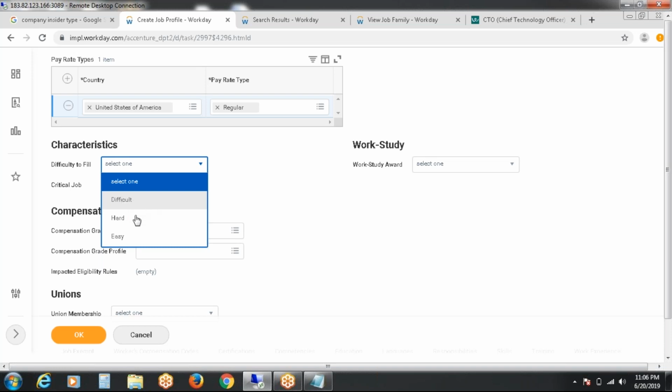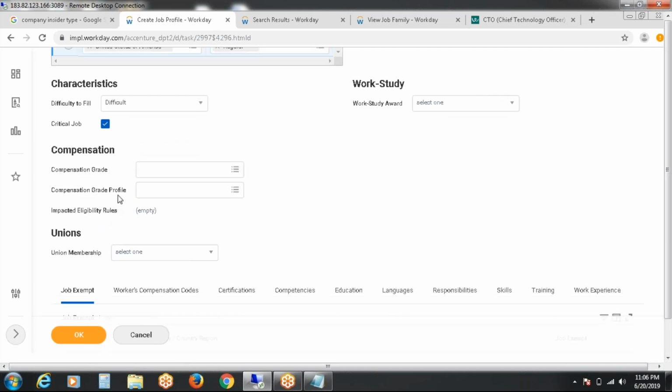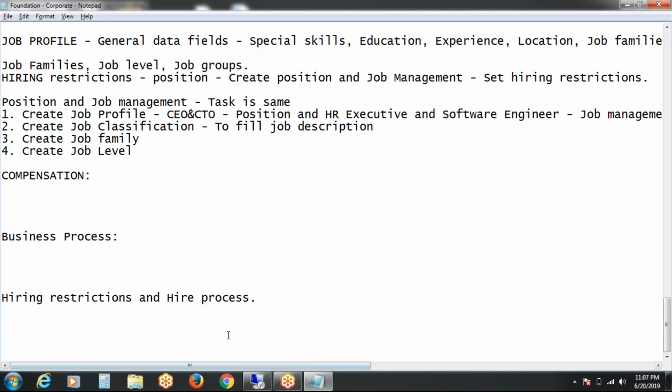If you select easy but still you are not able to fill the position, your performance will be escalated, asking for the reason for not filling it. Even if the process is easy, we can explain the reasons accordingly. For now I am going to select difficult, and it is a critical job. The compensation grade profile I will explain later, after we finish the compensation topic.